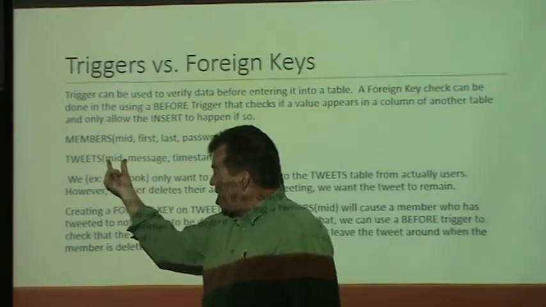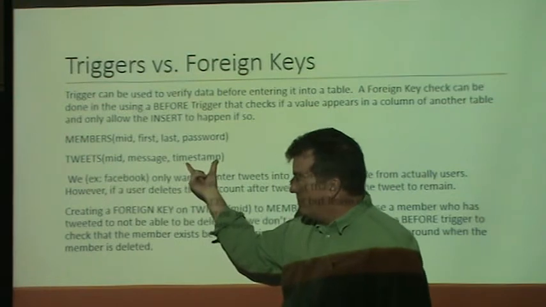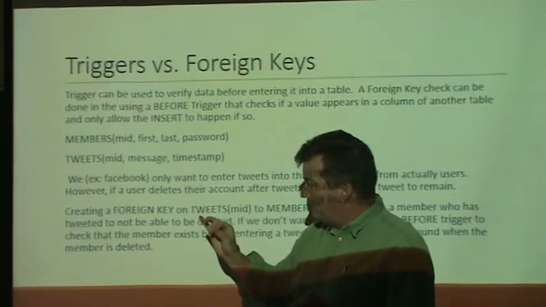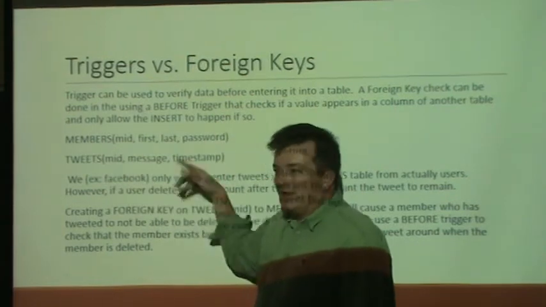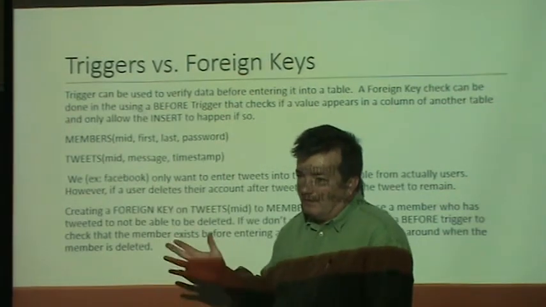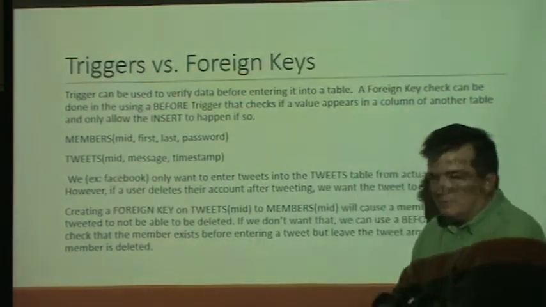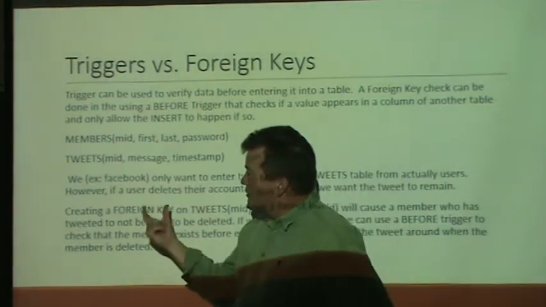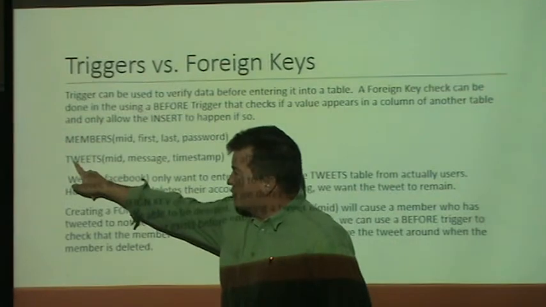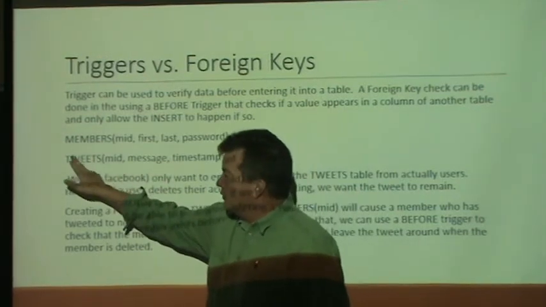I'm writing in the member ID, the message, and what time they made their tweet. But if the member ID doesn't exist in this table, then I shouldn't record it, right? You don't want anonymous people making tweets. So when you create a foreign key, when you create this table, you say,